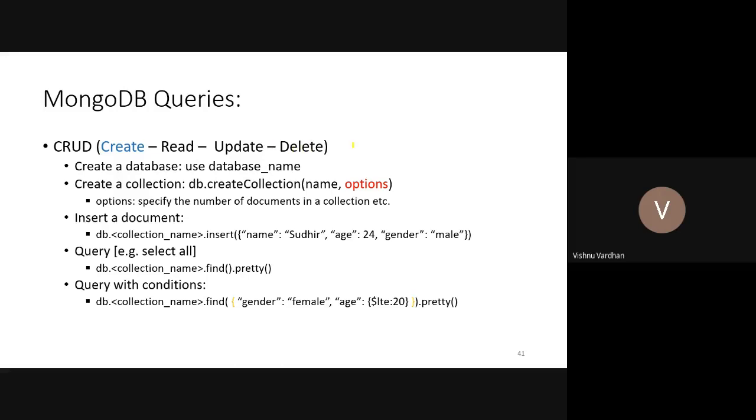Then MongoDB queries. If we want to do create operations under CRUD, there are some methods that are supported. We can see there is a collection name. This collection name can be anything, like students, some company, some organization; the name of the table, or the name of the collection, you have to mention here. Then this is the method we call for inserting the data.